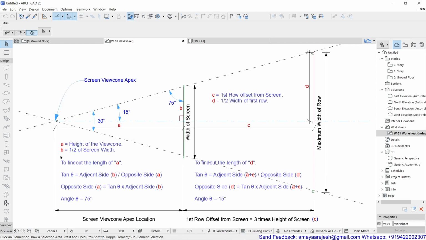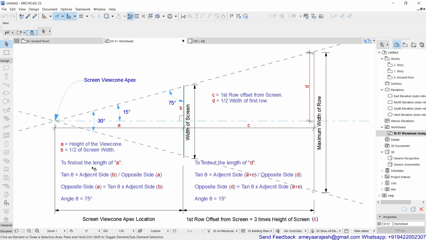For that, I have the screen width available, and its half value, B. The angle here will be 75 degrees, on the logic that the 30 degrees is your view cone and half of that is this 15 degrees. So the 15-degree angle is opposite to that, and there will be 75 and 90, so the normal right-angle triangle rule applies.